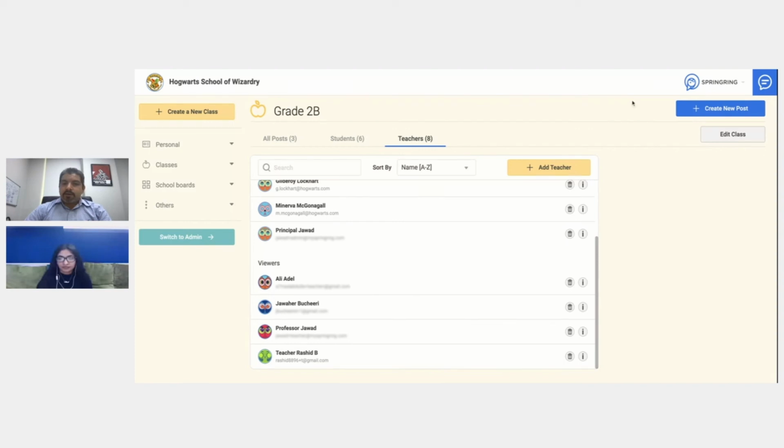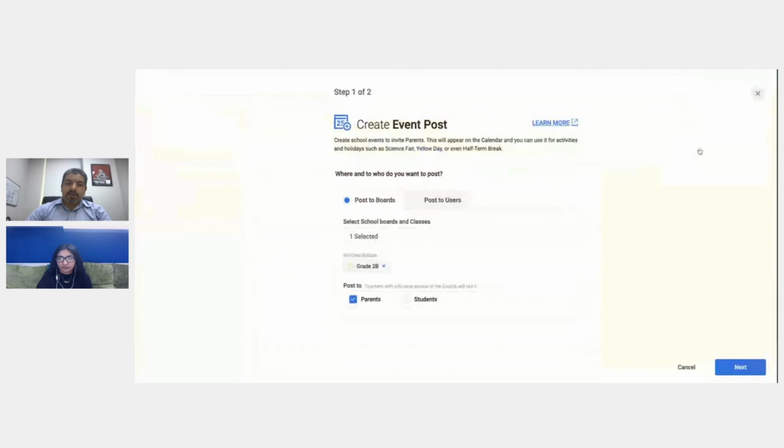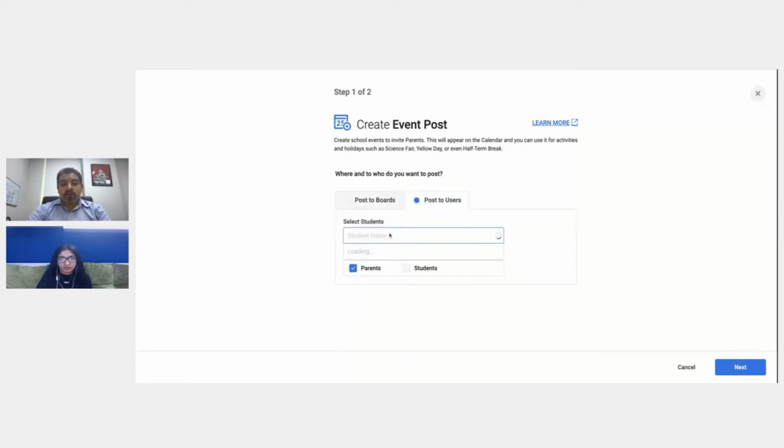So if I go back to creating a new post, so if I go to events, as you notice, every type of event starts with this section where you can select to either post to a board, or you can select, I want to post to only users. So if I say, well, I want to invite Adam's parents to a consultation session, I select post to users here, and I say next,